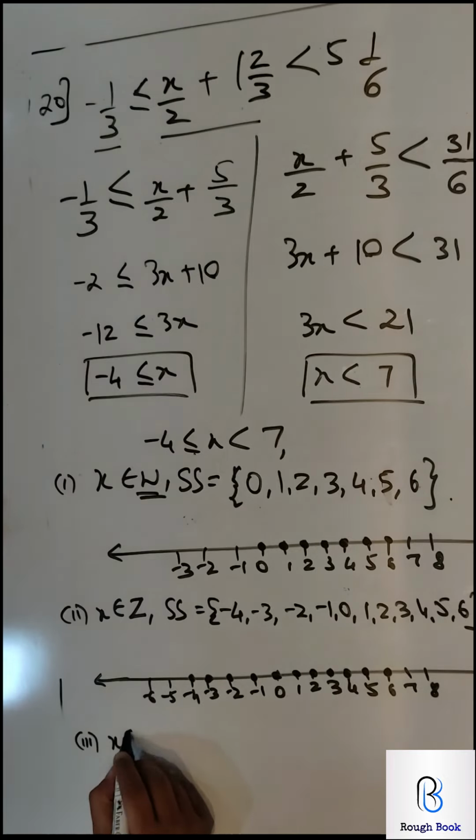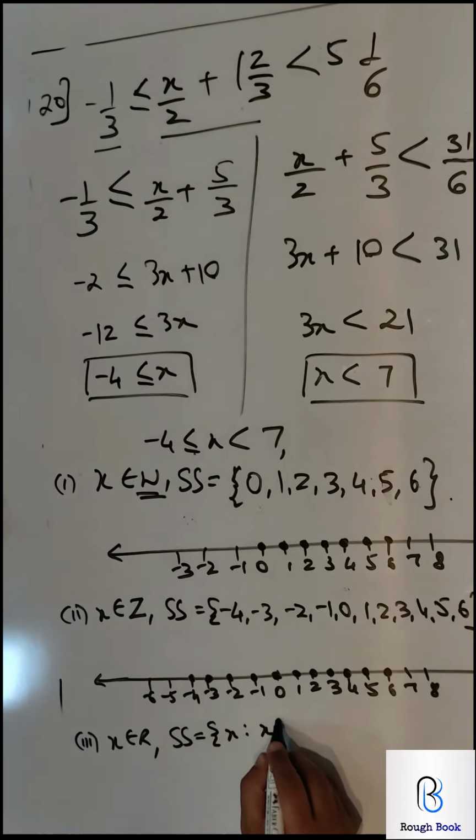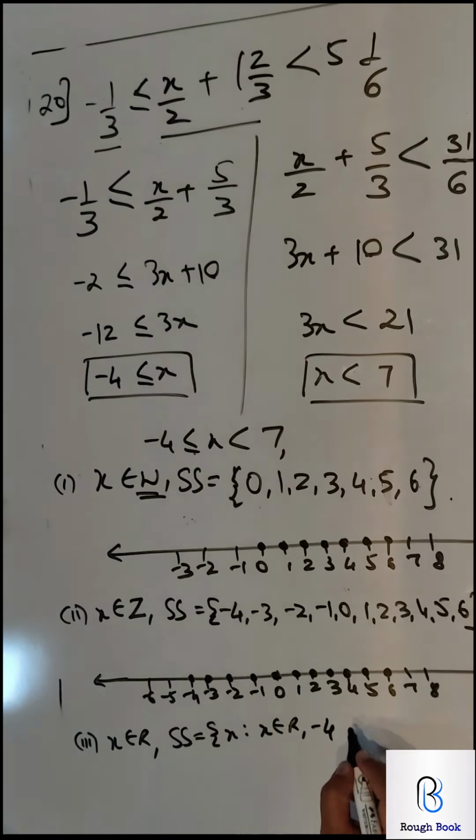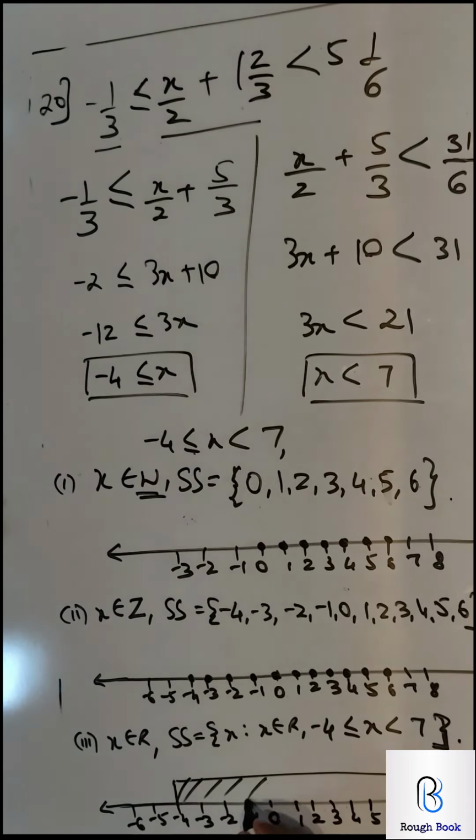And the third part in this question is x belonging to R. So now my solution set will be in the ruled form, x belonging to R and then the range -4 less than or equal to x less than 7. So how will I draw this? This is going to be very important now. 0, 1, 2, go till 7 or 8, and this side at least till -5. Now we know -4 is inclusive, so I, 7 is not inclusive, so C. I hope you remember this IC method. Join it and shade it.